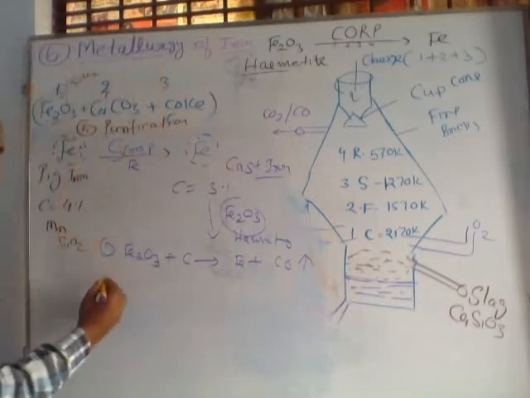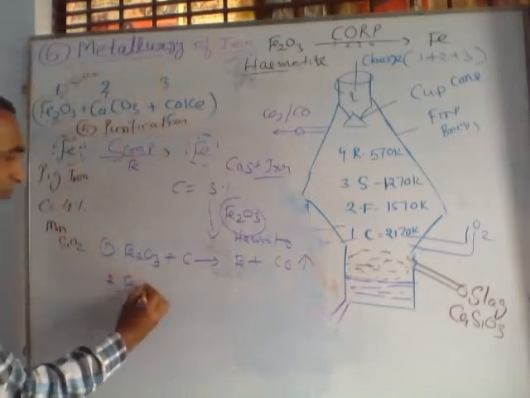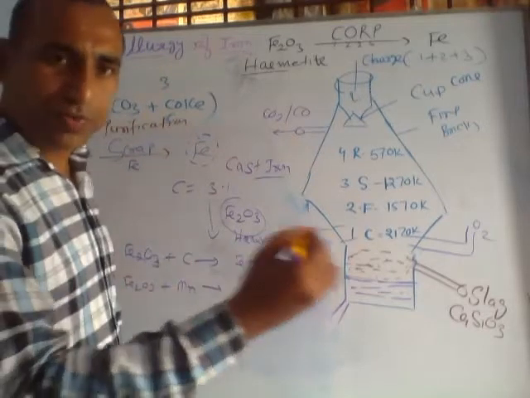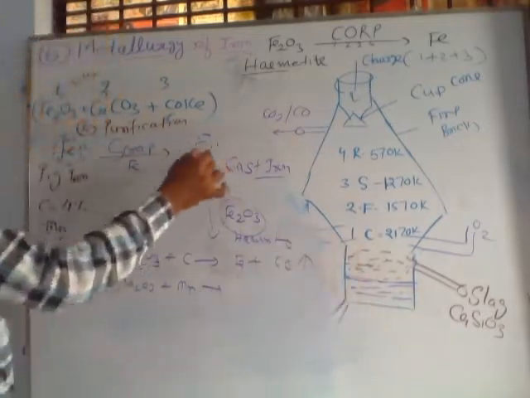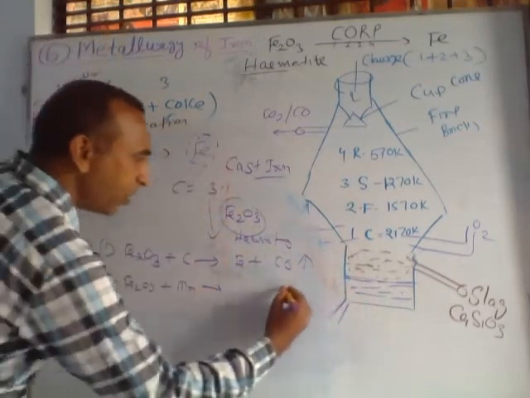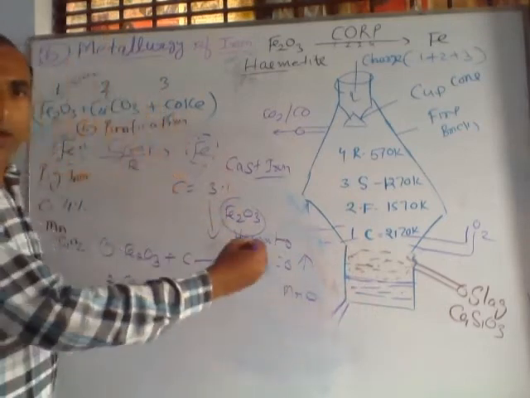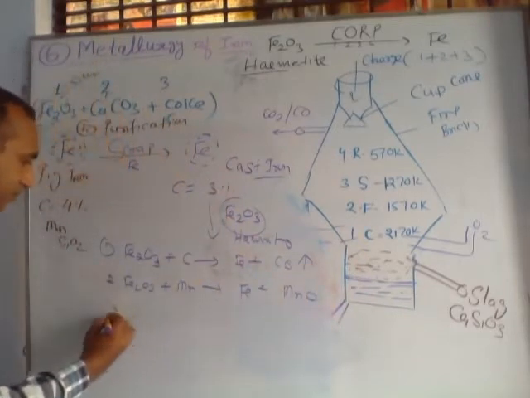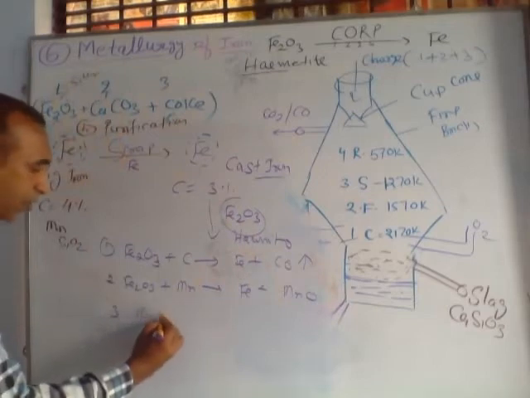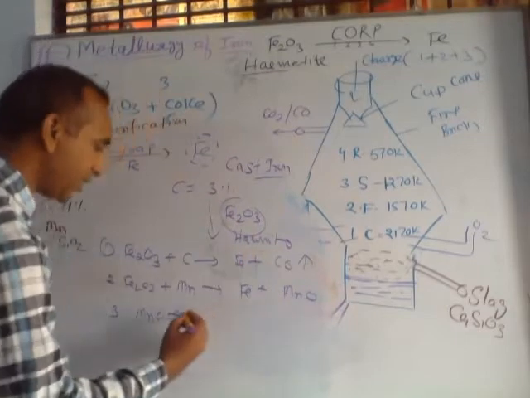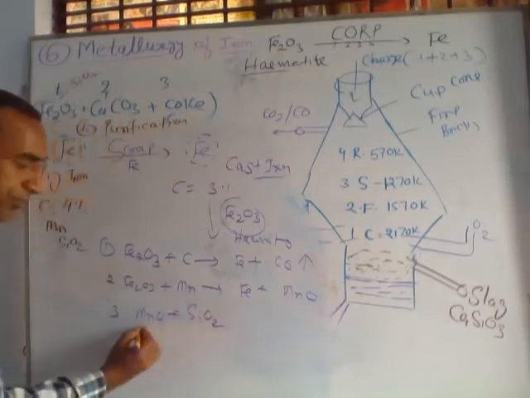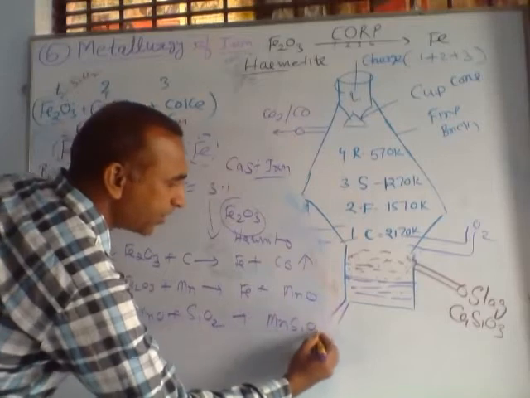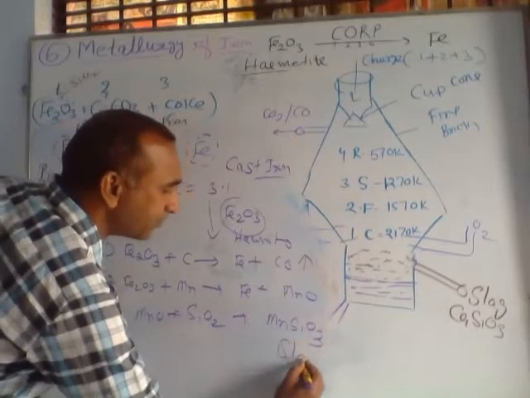And other impurities, just like Fe2O3, this Fe2O3 reacts with impurity just like Mn. Manganese is also present in this iron as an impurity. So Mn reacts in the form of MnO. This is manganese oxide. By manganese oxide, again iron forms. And listen, third, the MnO manganese oxide reacts with silica. This is impurity, this is also impurity, and these two react and give MnSiO3. This is again slag.